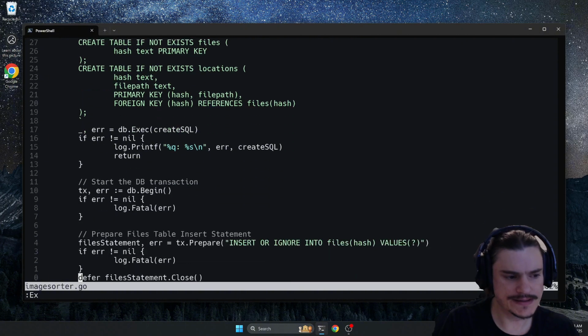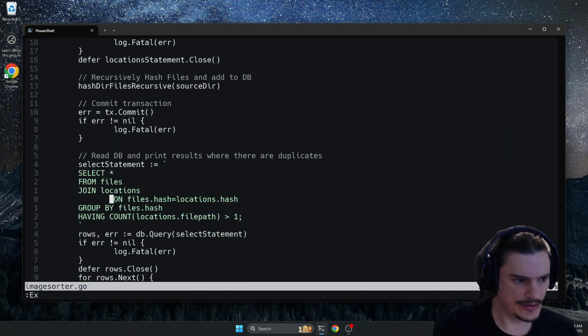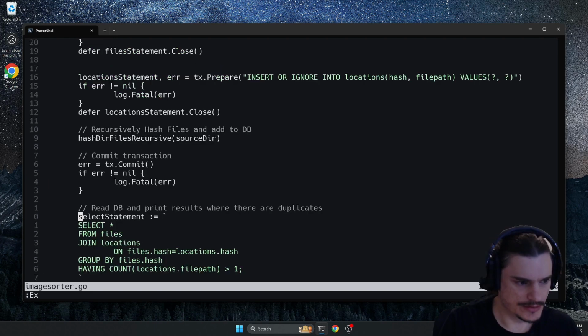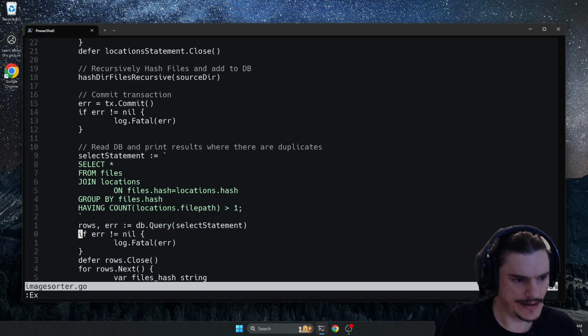Okay, let's leave this stuff here for now, but perhaps going forward, we'll make sure that we're not doing everything in this main function. Let's start by removing